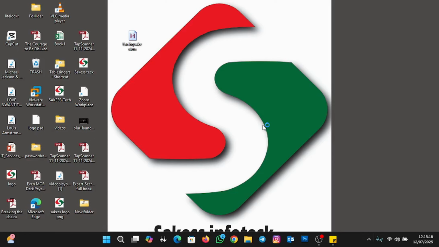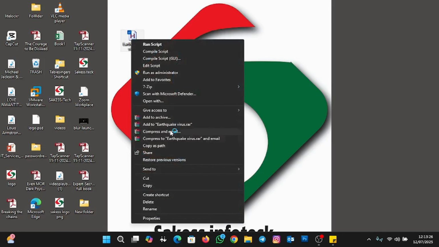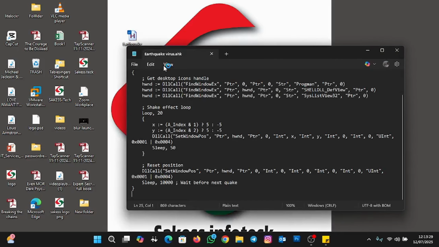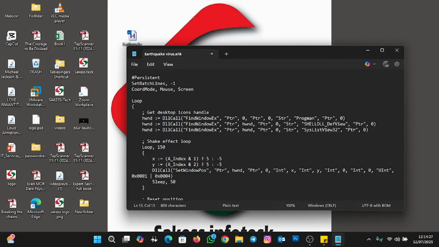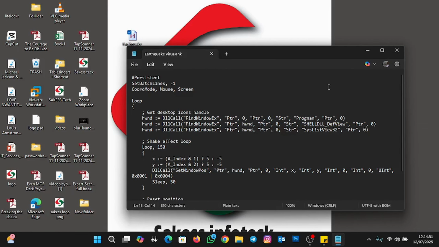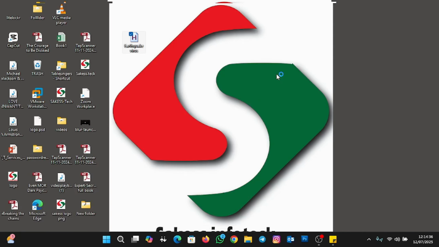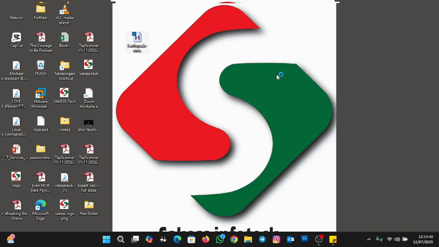So if you want to change the intensity of your screen shaking, let me edit the script, and then you see how that one also looks like, okay? So I'm going to click on show more options, and then edit script. So now we are going to change the 20 to, let's say, okay, then I'll click on file and then save. So let me close the notepad, and then let me run the script again. So you see the intensity of your screen, like the earthquake,